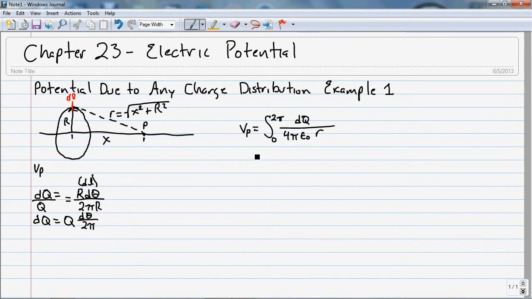And I can take out some of the values, and I can substitute for r. R is going to be a constant. So I'm going to have 1 over 4 pi epsilon naught square root of x squared plus big R squared,